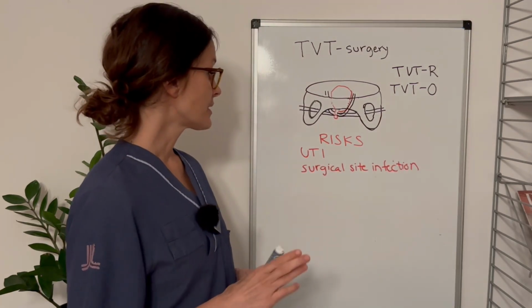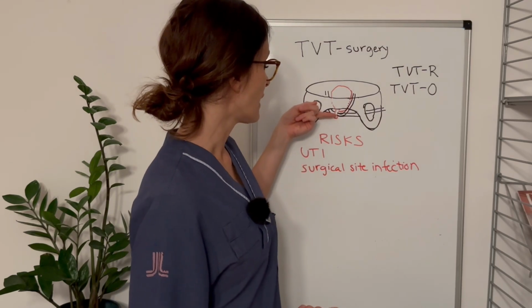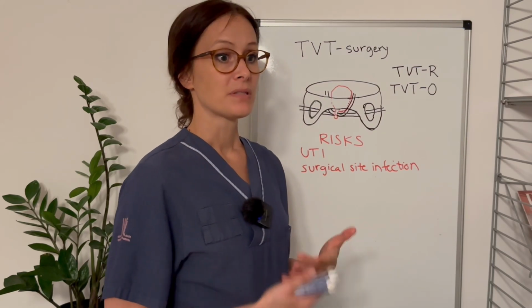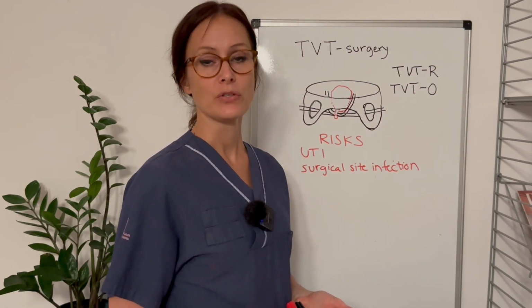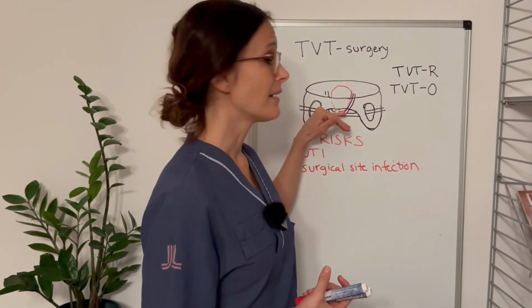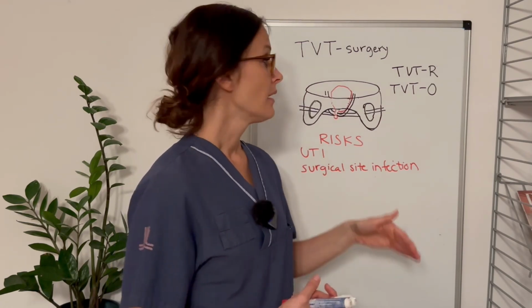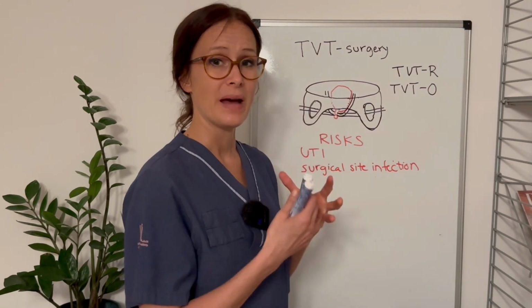And a third risk factor is that the band can sometimes move and be a little bit too tight, and this makes the voiding problems not disappear. So maybe you remove your catheter after 1 or 2 days, and you still cannot pee. This means that the band can be a little bit too tight, and we have to do a procedure to loosen it. If we see after 3 or 4 weeks that the band is too tight,